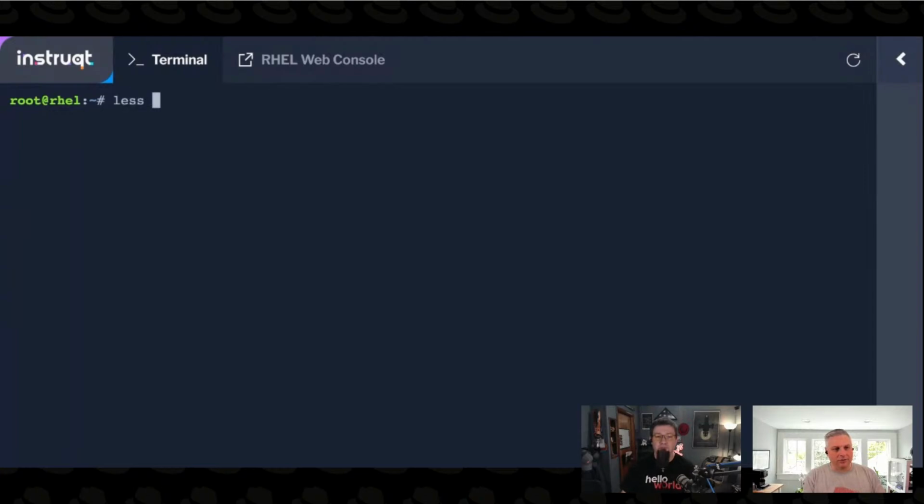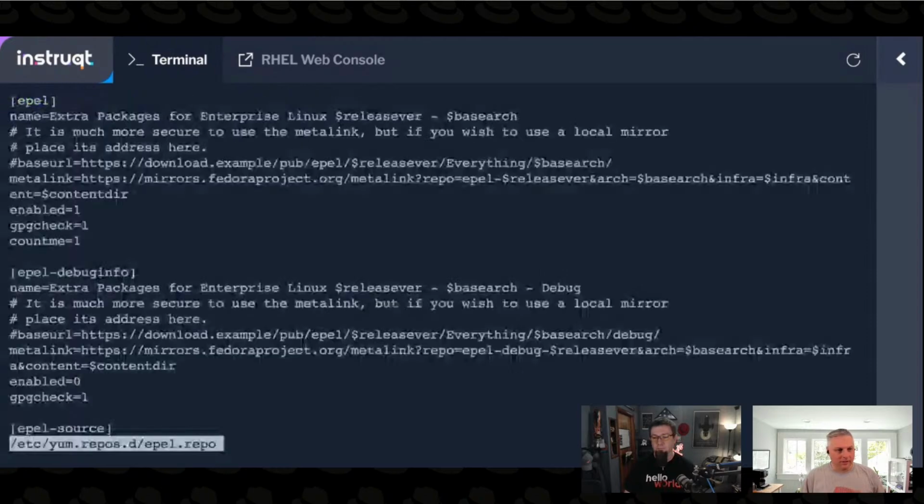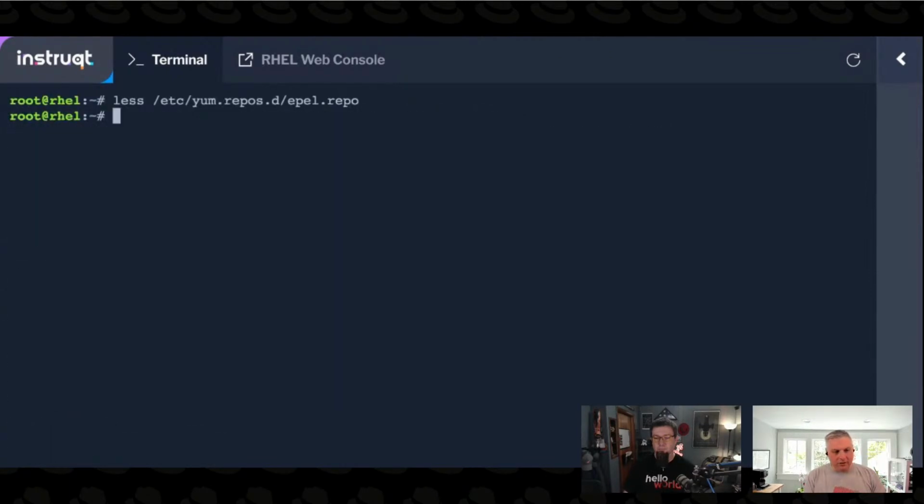So I just wrote some files here to allow me to install those packages. Right, so there's my Extra Packages for Enterprise Linux, and you can see that it's referencing the right repositories. But the darndest thing, Nate, when I try to install a super awesome package like the Moon Buggy game,